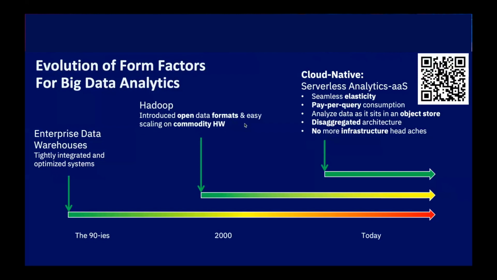And also openness to the types of analytics that you can run. It's not just SQL-oriented processing. There are various other libraries and algorithms that can be processed with Hadoop. So that was a big step forward, and we see ourselves today at a similar inflection point when you look at how the qualities and the benefits of cloud actually apply to big data processing. Basically, you can get this seamless elasticity, this complete ad hocness and pay-as-you-go consumption available for big data processing.